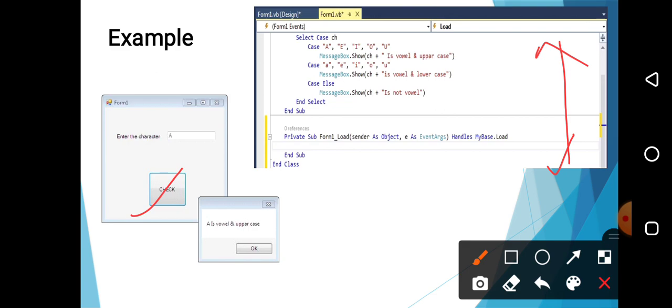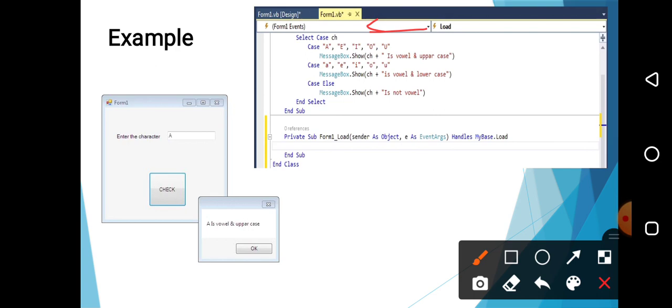Ch is my expression, and based upon that ch I am going to check multiple conditions. Therefore, as per the syntax, I am writing select case, after that ch. The next statement, as per the syntax, is where we write the different cases.